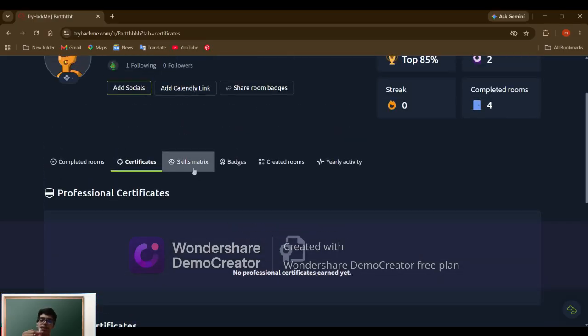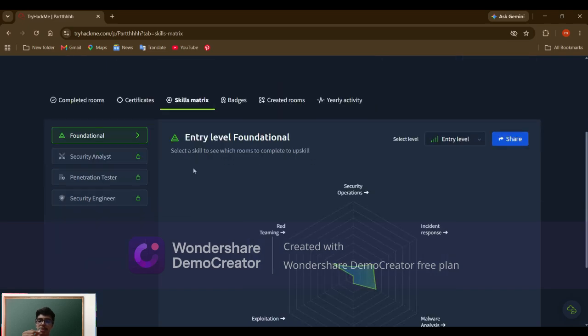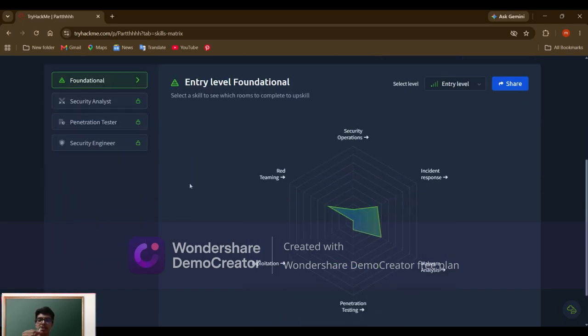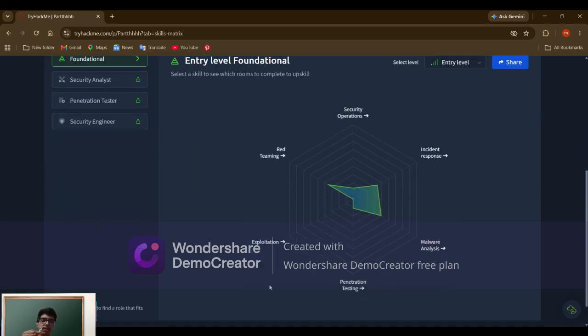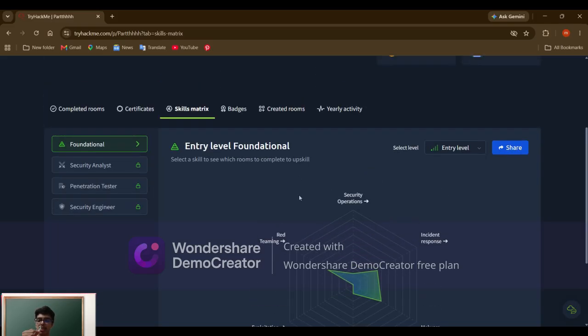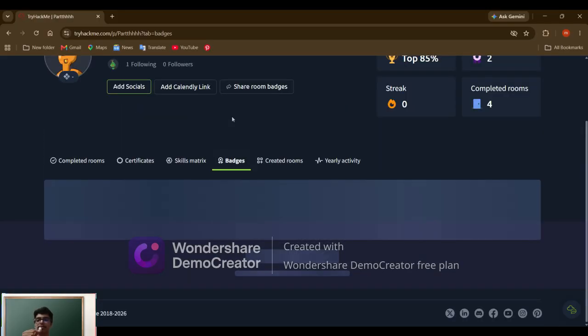Okay, let's get into the skill matrix. In the skill matrix, you can see which area you're good at. Like if you are good at security operations, TryHackMe points out here that you're good at security, red teaming, and all of it. It's so easy. Okay, let's jump into the badges.